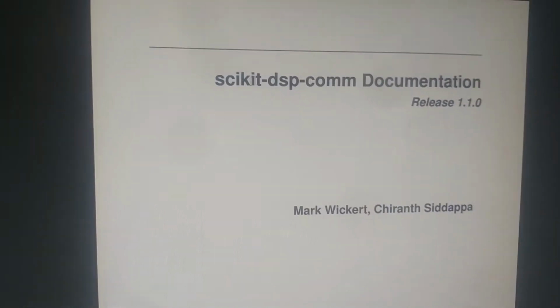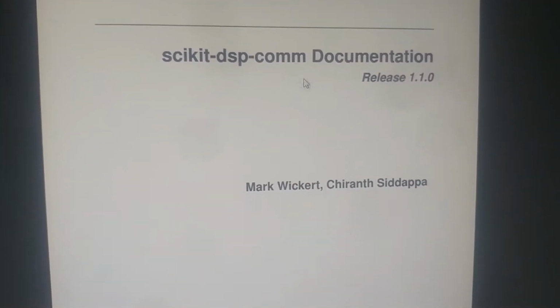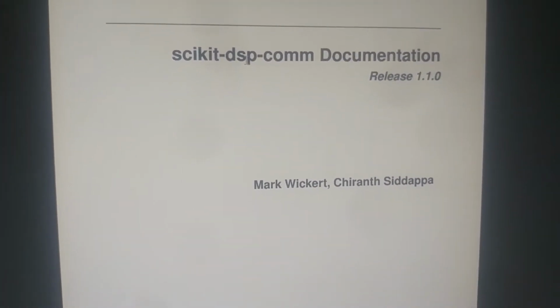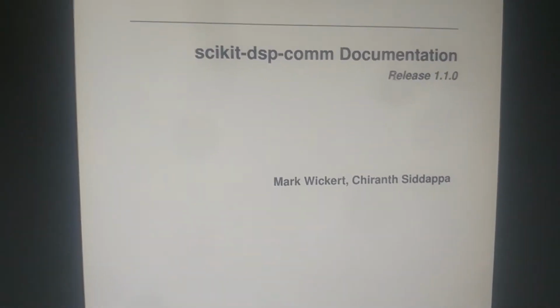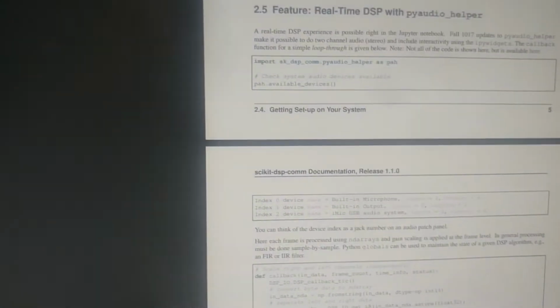Now for our experiment we need one package. That package name is scikit-dsp-comm documentation. That means digital signal processing and communication. It is used for DSP and communication. We can get release documentation about this package like this. You can learn many things. After reading all this documentation, we have moved to